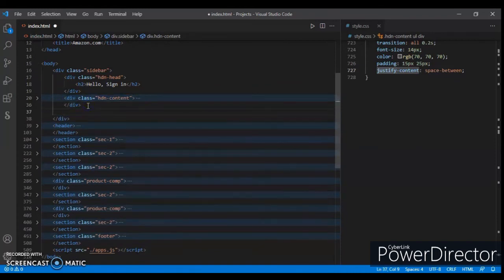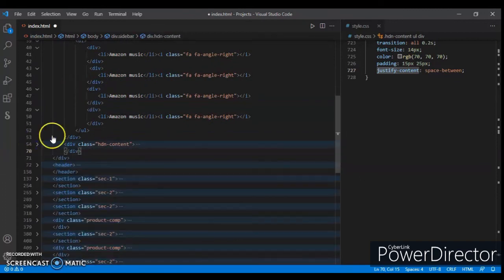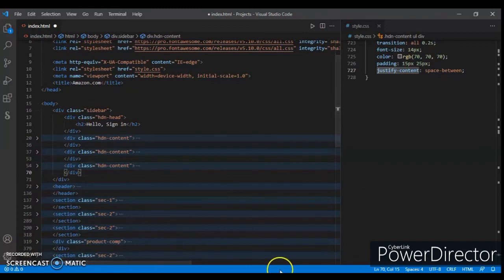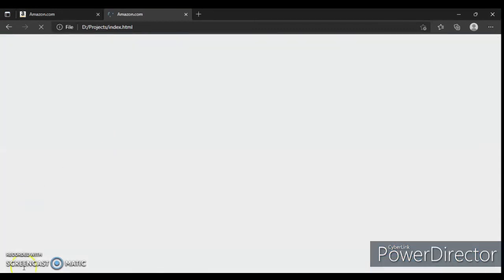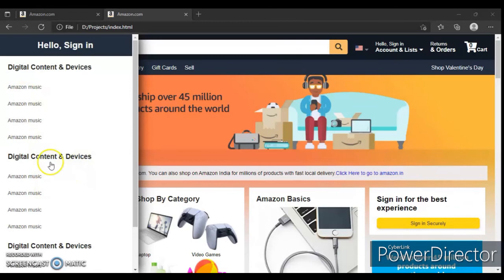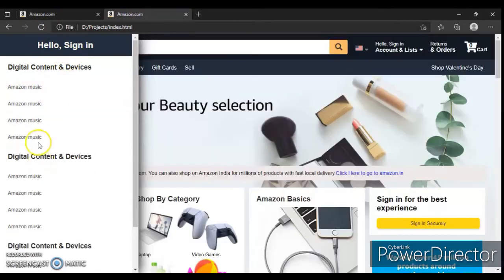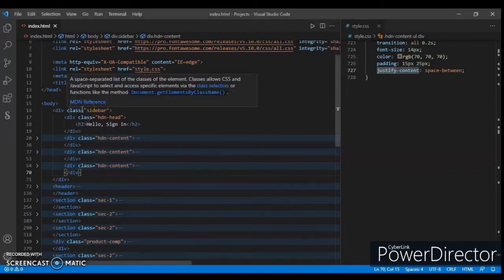Now so we have here 3 HD and content. Okay, now save it, refresh it. So here it is, but this line is missing, so create that line between them. So add